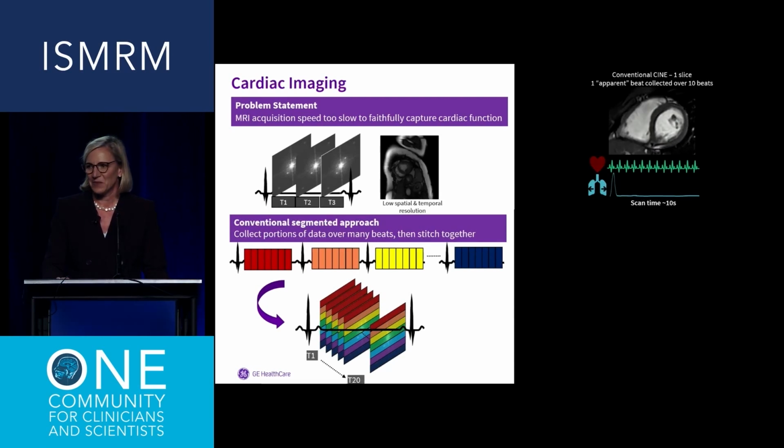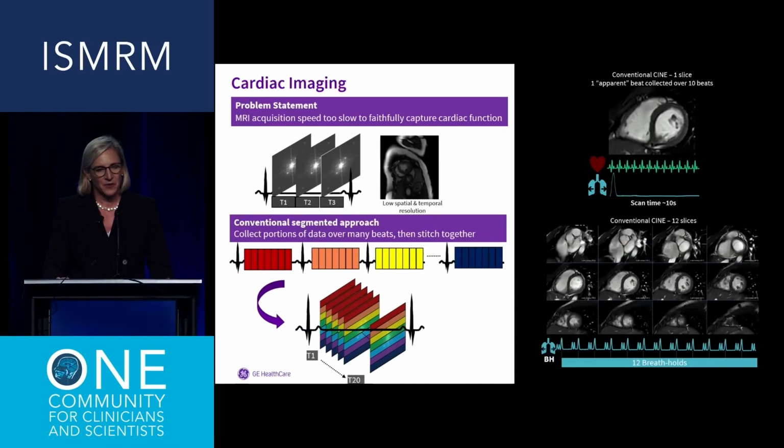One beat can be reconstructed, but it was actually acquired over 10 beats. So this is what I call the fake it till you make it approach. And that's only for one slice. If you needed to acquire, as one does, the full stack, we have to repeat that 12 times, and each